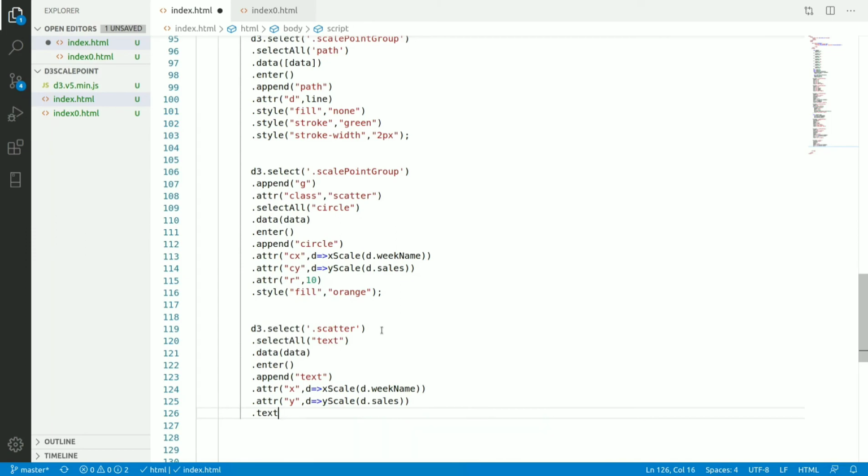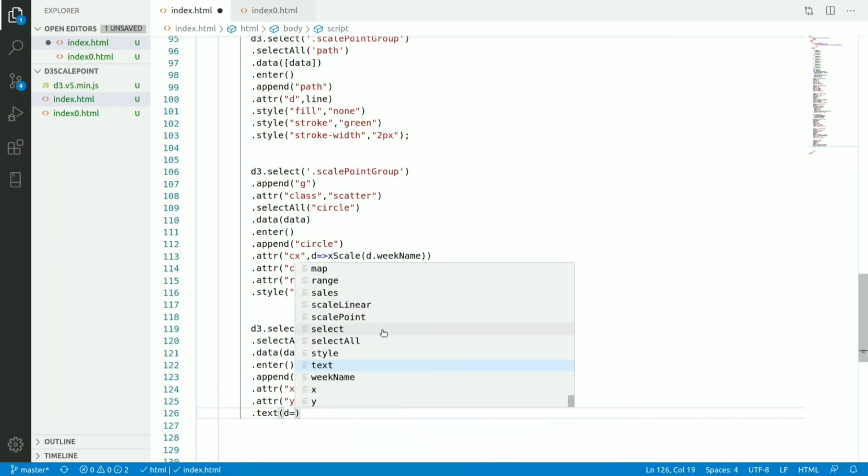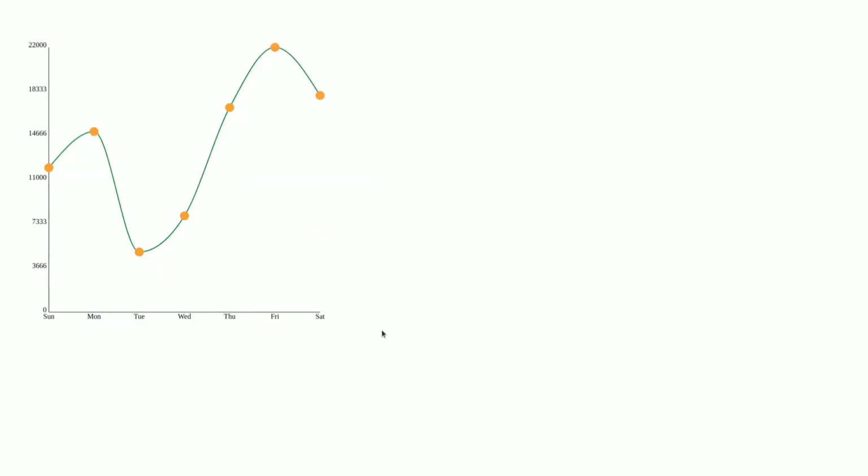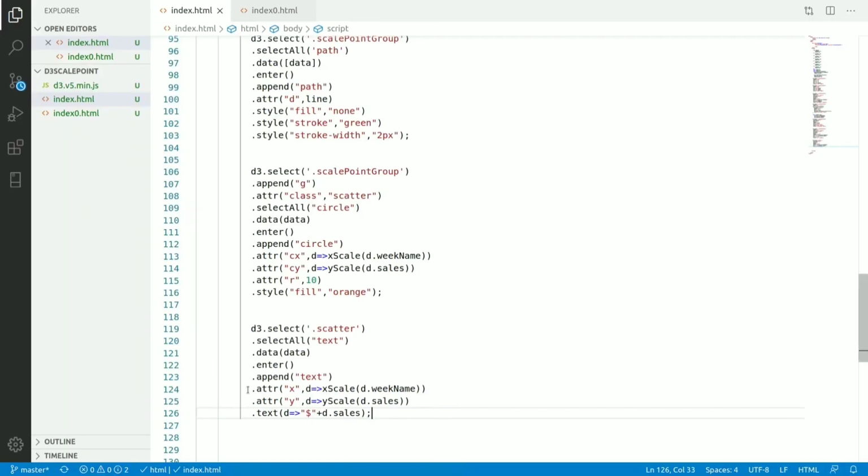Dot text, I want to show as the dollar sign, d.sales. Your value for the sales available in dollars.